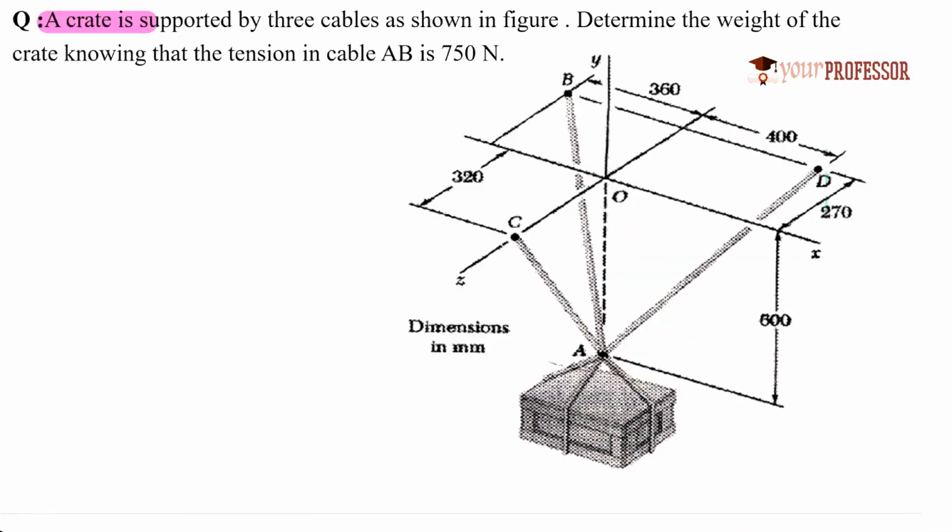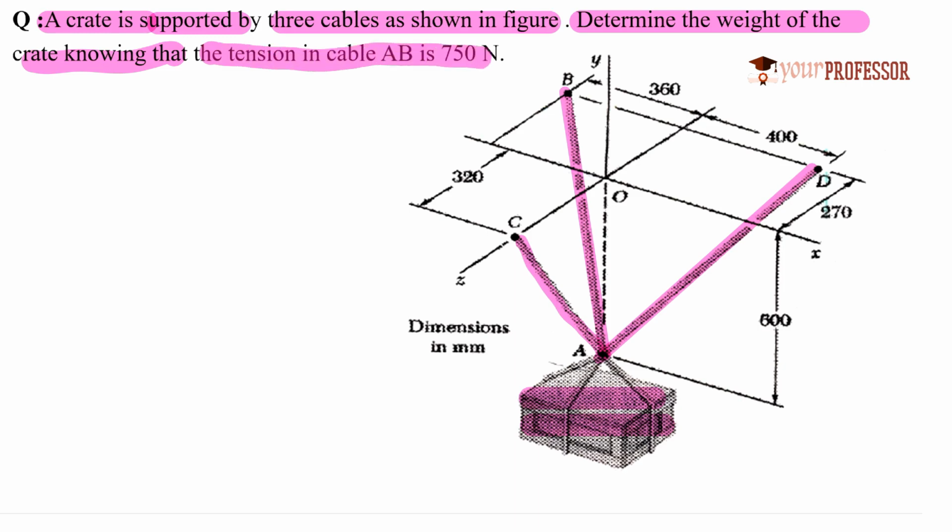A crate, this is the crate, is supported by three cables as shown in figure. AB is the first cable, AC is the second cable, and AD is the third cable. Determine the weight of the crate knowing the tension in the cable AB is 750 newtons. The tension in the cable AB is given as 750 newtons, and with that you need to calculate the weight of the crate. So here this is a problem related to spatial force system and we need to apply the concept